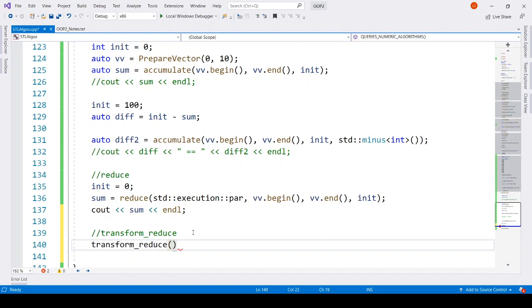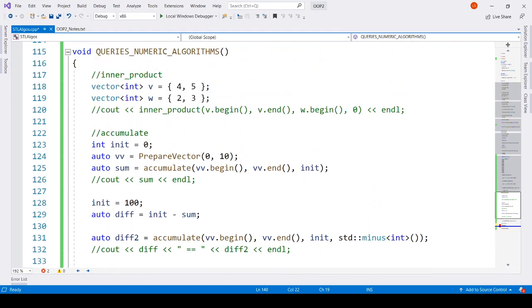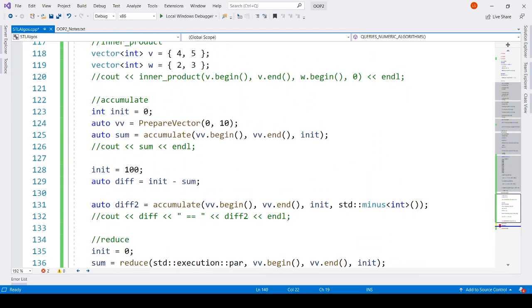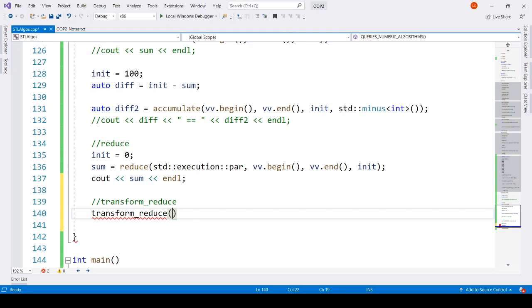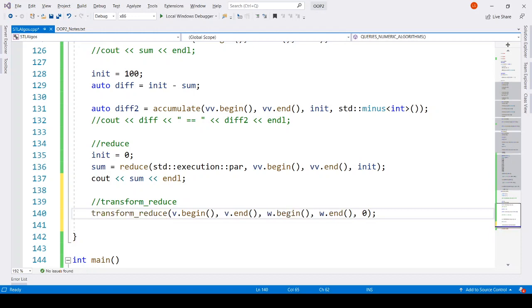So transform reduce, if we take again the same two vectors that we took, v and w, and try to calculate their inner product, we can use transform reduce as well. So v.begin, v.end, then we had the second one, w.begin, w.end, and the init value like it takes, okay. And then let's see what it gets as the dot product.